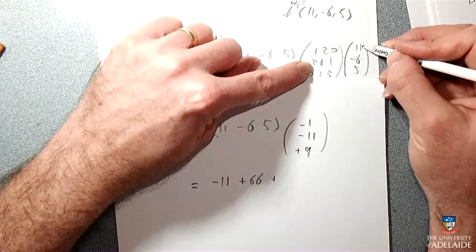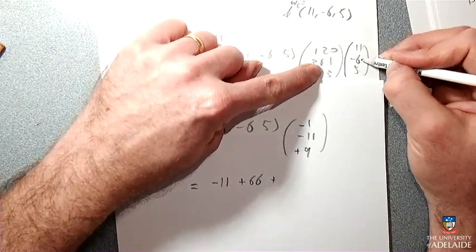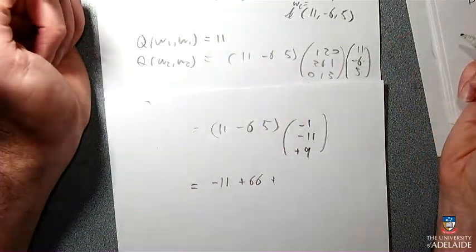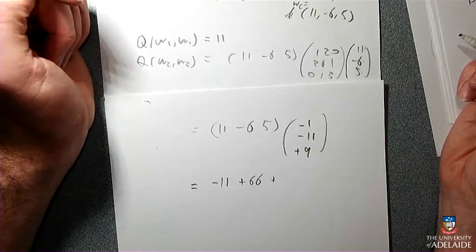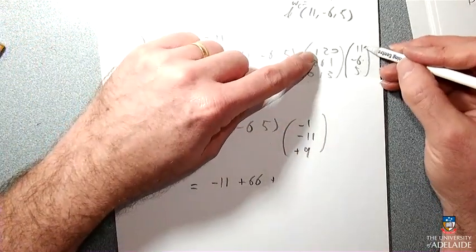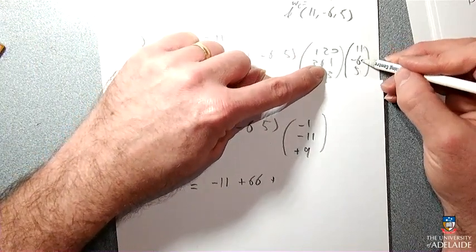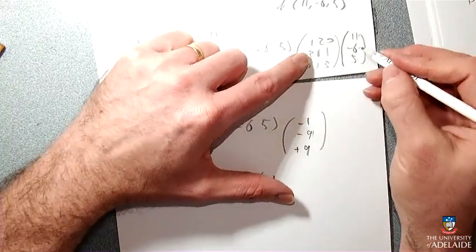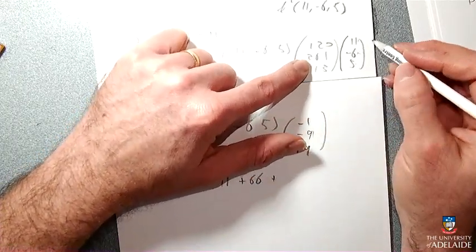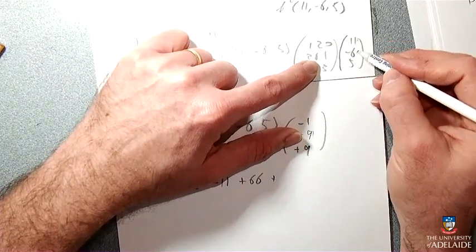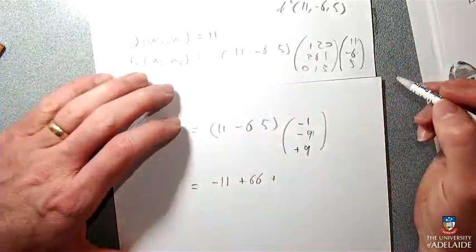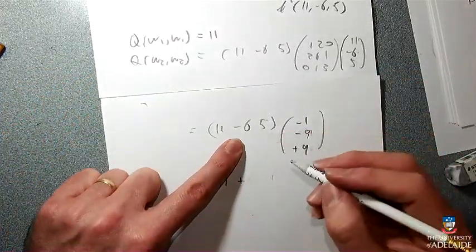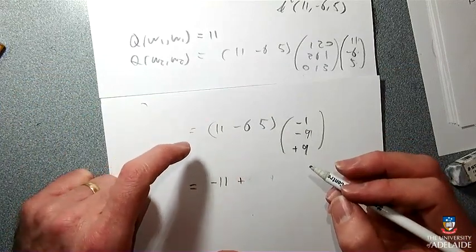So 22 minus 36. Minus 14. Minus 14 plus 5. Is that minus 9? Can I do that? So we'll go 22 minus 36. Is that a minus 9 then? Yeah, okay. 22 minus 36, which is minus 14, plus 5, which is minus 9. Okay, gotcha. So 6 times 9 would be 54.